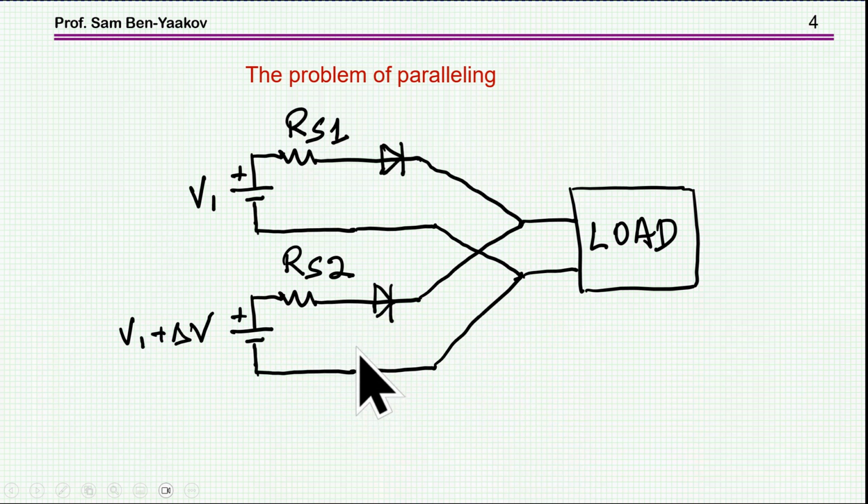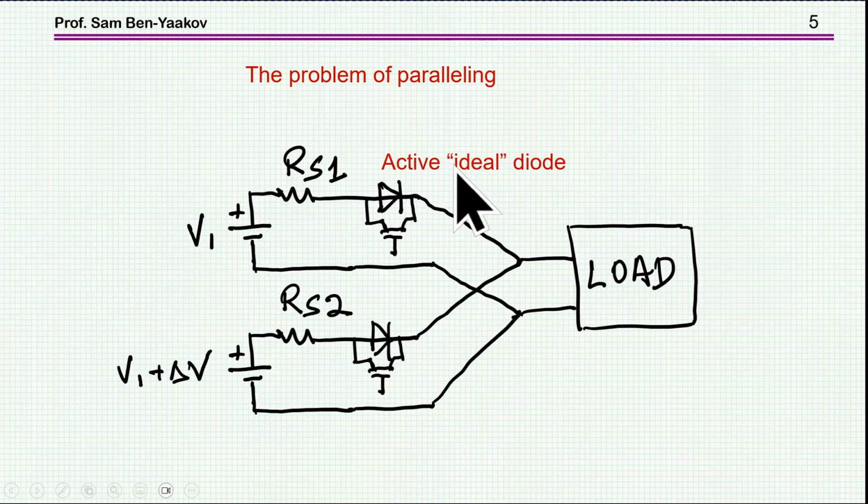Now you can block this circulating current by having diodes. Now diodes have a voltage drop across them, so at high current the dissipation will be high. So you can use an active ideal diode, meaning that you have a power MOSFET in parallel to the diode, such that when the diode is supposed to conduct, you turn on the transistor, and so the voltage drop is just due to RDS on, and of course if the power transistor is of high level, then RDS on will be low. So this will be a way to lower the dissipation,